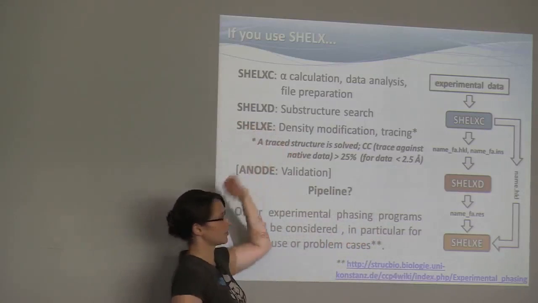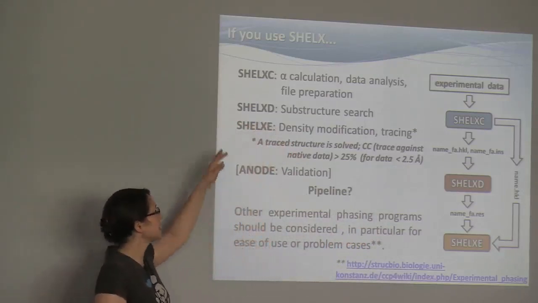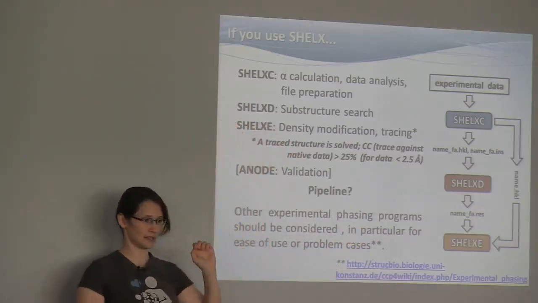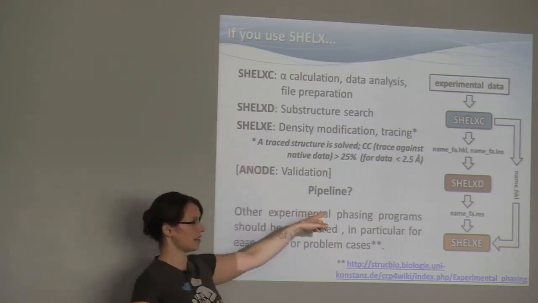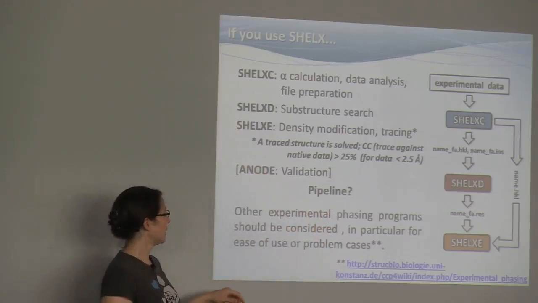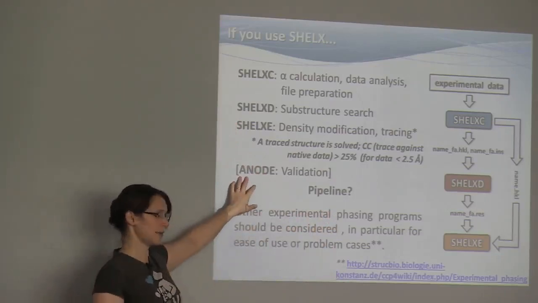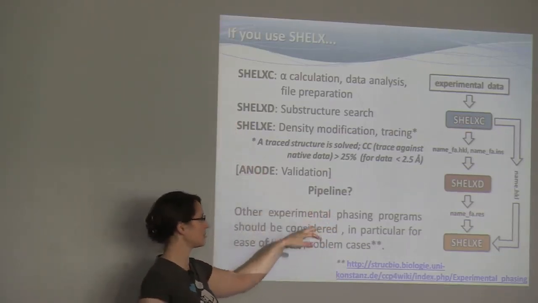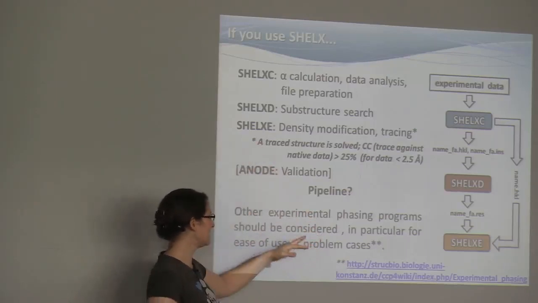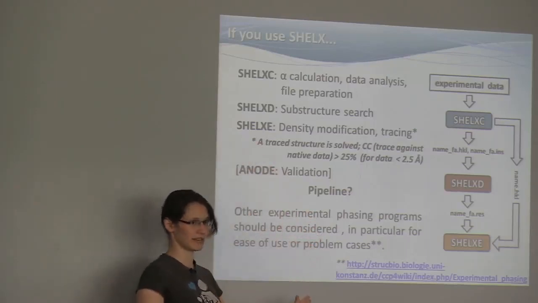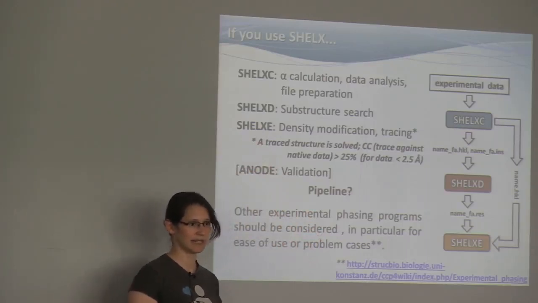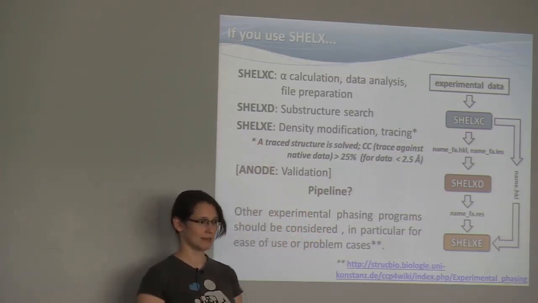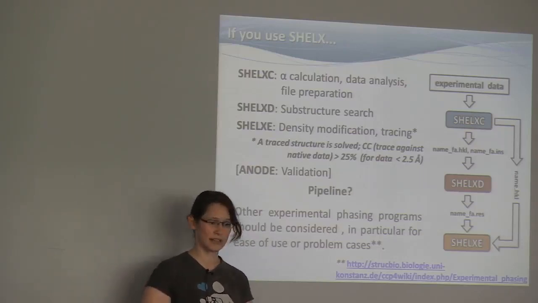ShellX D does the substructure search, originally being a program for phasing small molecules. ShellX E does the density modification and also the auto tracing I'm going to talk about. ANODE, which I'm talking about next lecture, can be used for validation. All of this is easy to pipeline, which is very often done. So there are, I count, about 19 pipelines for ShellX at least. Some of the more well-known are HKL2Map, the new CCP4i2,